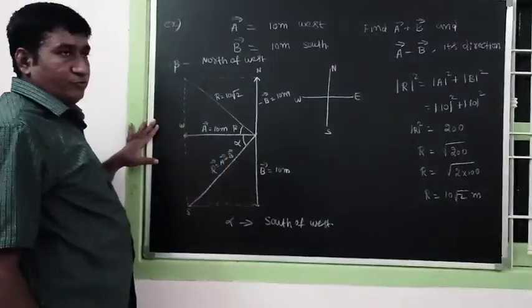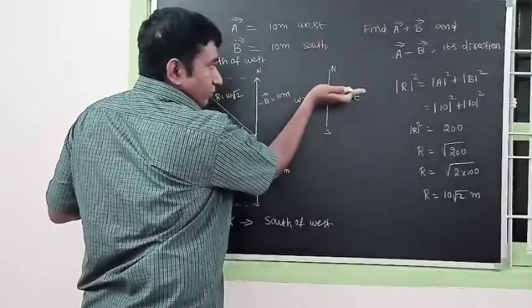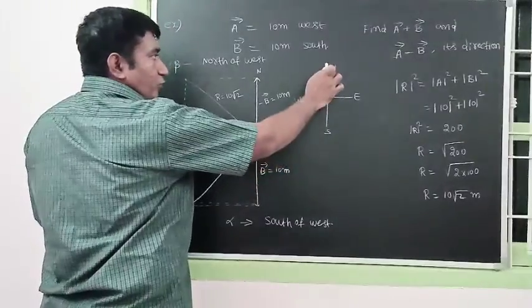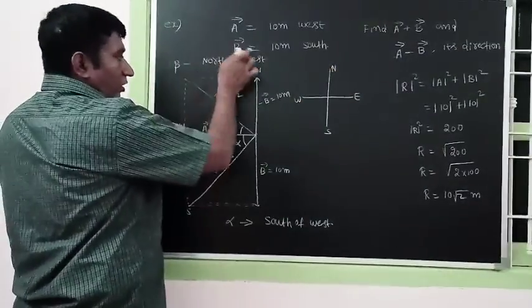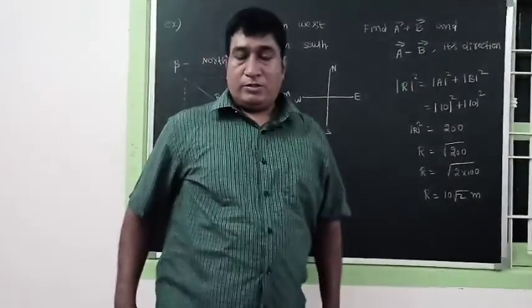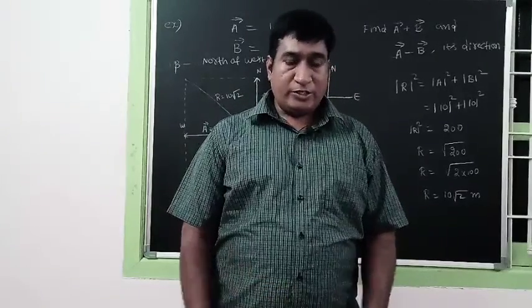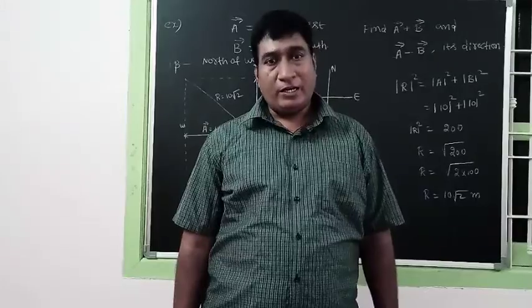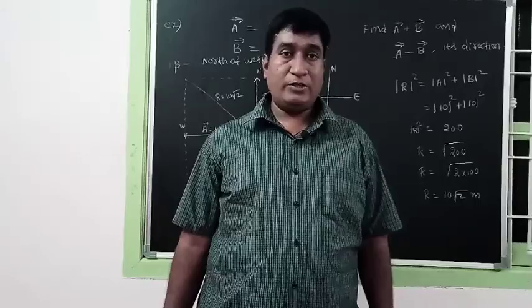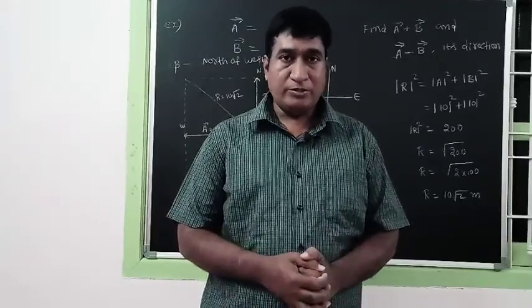You should not confuse this. While remembering this, you take north of east: it is moving towards north from east. In the same way, it is moving towards north from west. That's why north of west with respect to horizontal. In this way, we can find vector additions regarding the triangle law, parallelogram law, and polygon law, the laws of addition which we have discussed, with some examples.